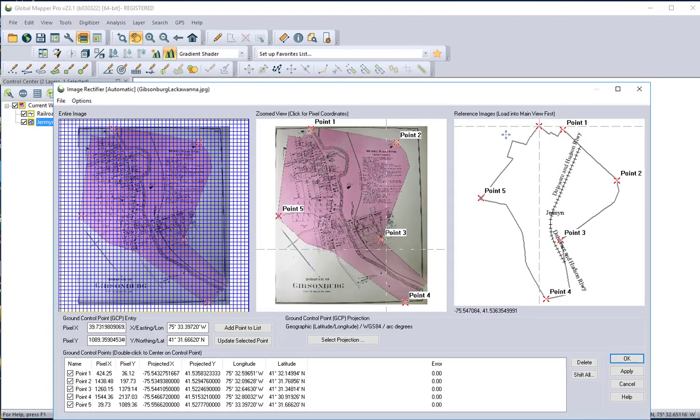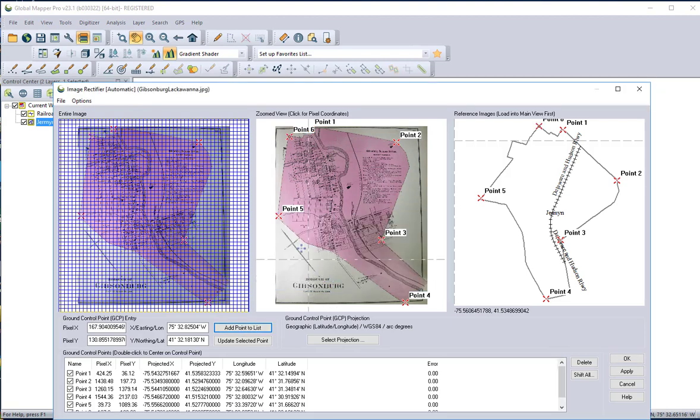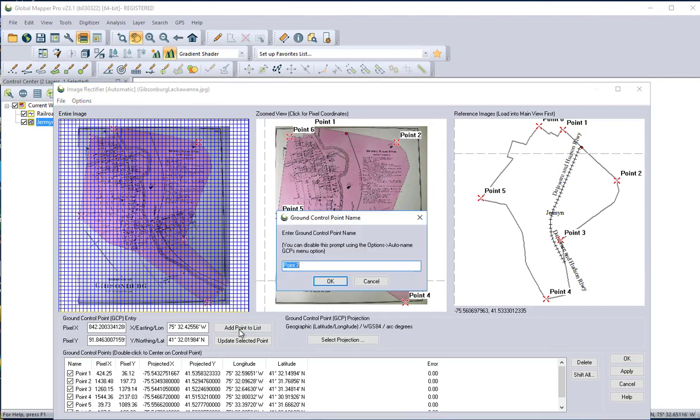This point will go over here, add the point to the list, and let's see, did they have the train? Looks like the train did go down. So I'm going to add that to that, and